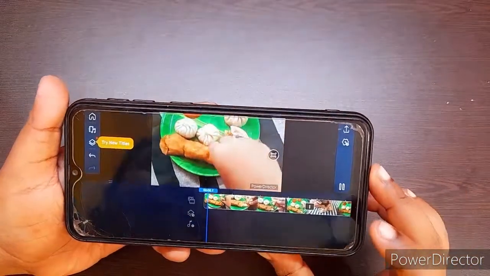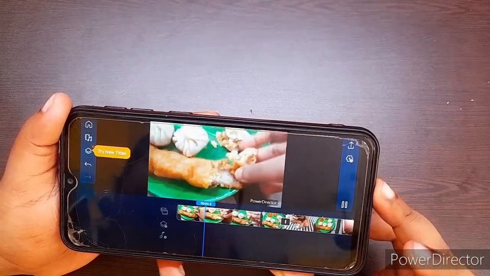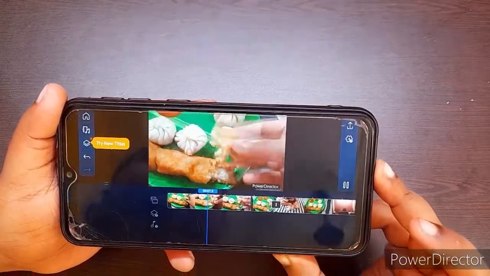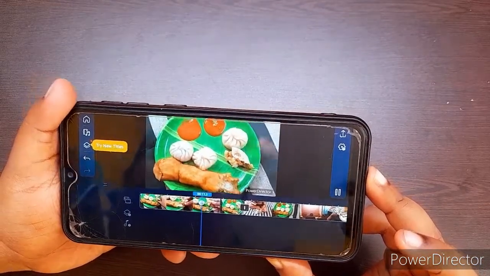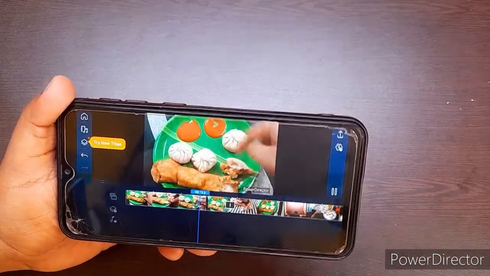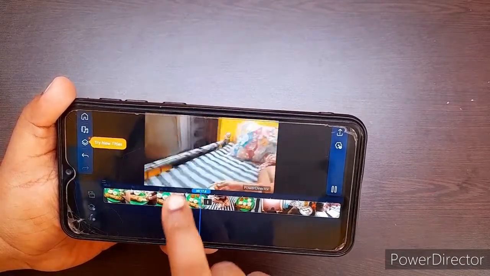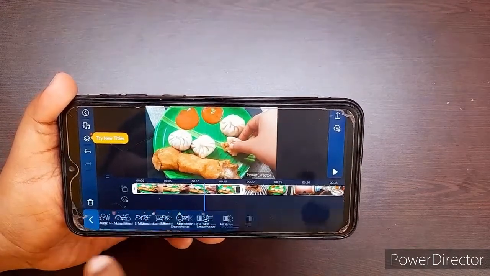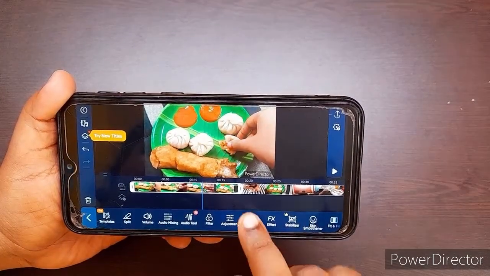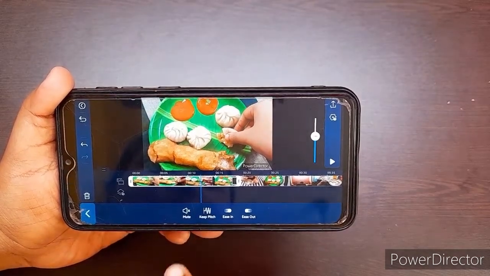I am starting again. So you see, the voice hasn't changed, but if you want to change your voice, you have to do one thing, just don't click on this keep pitch.